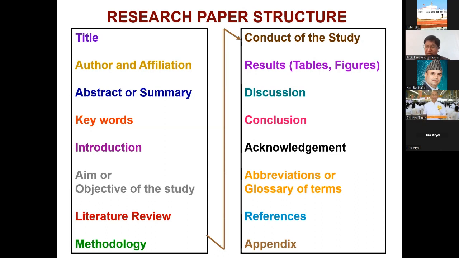Then lastly you have to write the conclusion, and in the end of the research paper you have to acknowledge from where you have taken help, whether it is a library or any researchers, professor or something like that. Then in the last you have to give the abbreviations of the terms which you have used. I will discuss all these things in a very brief manner today. Then you have to give the references,